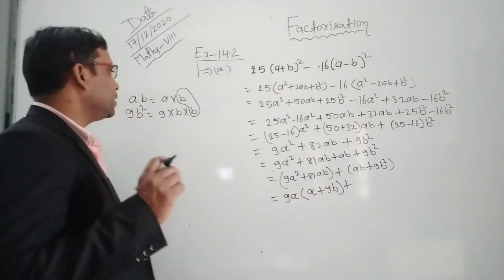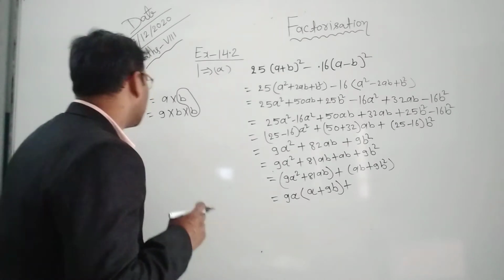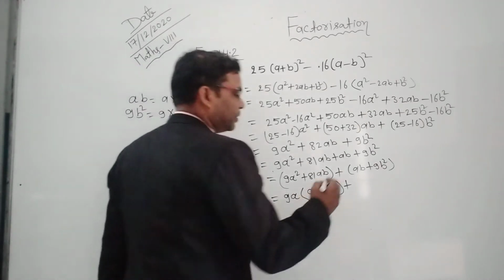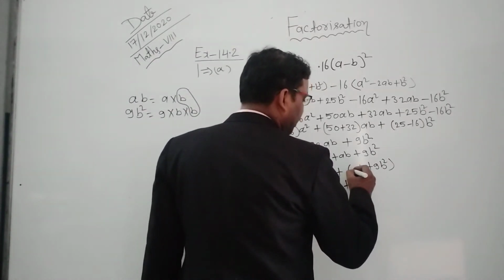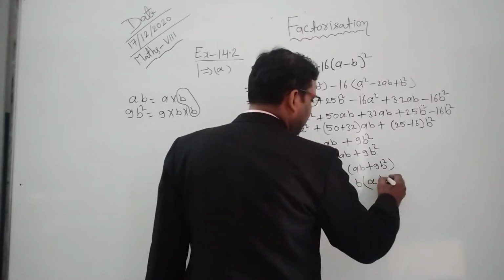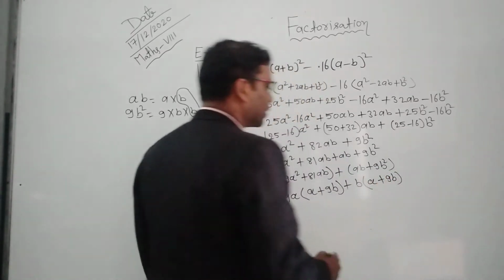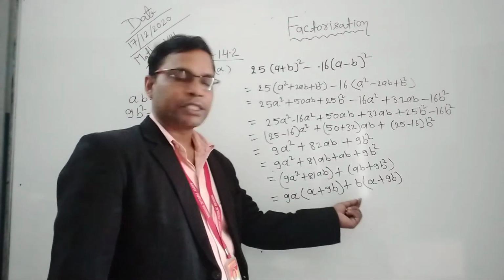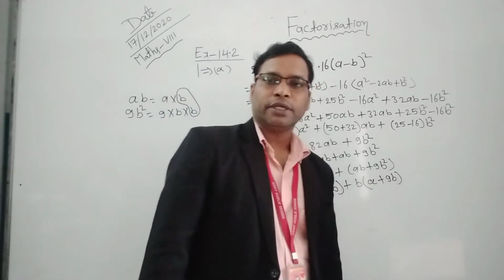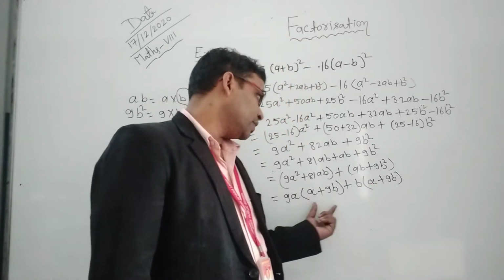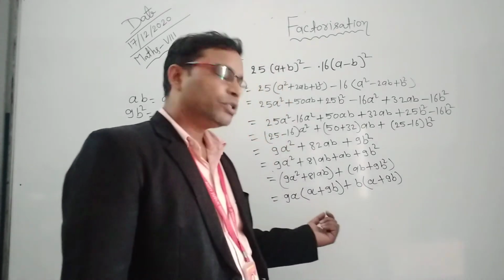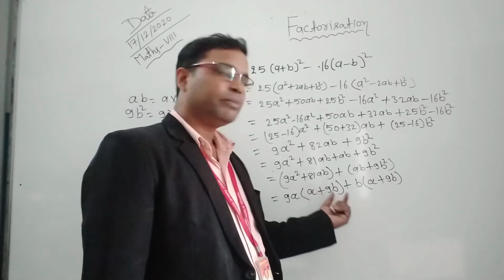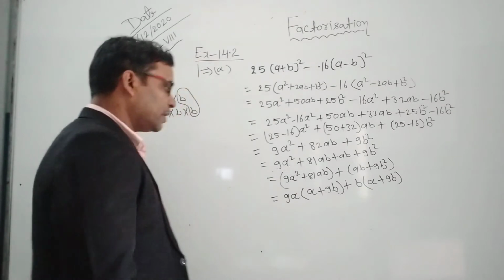So after taking common B in both terms of the second group, you have A and 9 into B is 9B. So here we take common B. In the second group we have A plus 9B. Okay, 9A into A plus 9B plus B into A plus 9B. In both terms, this is the first term, this is the second term. In both terms you can see what is common between them. So you can see here A plus 9B is common between them.